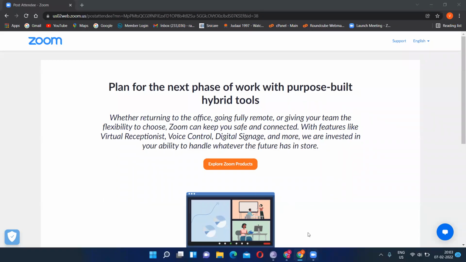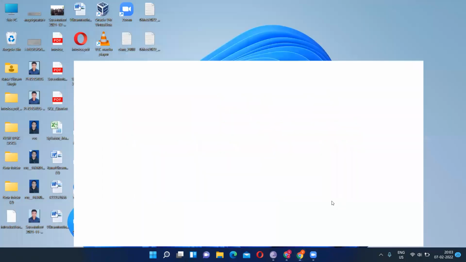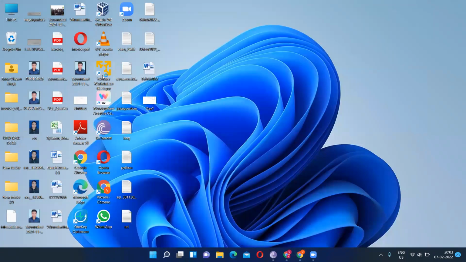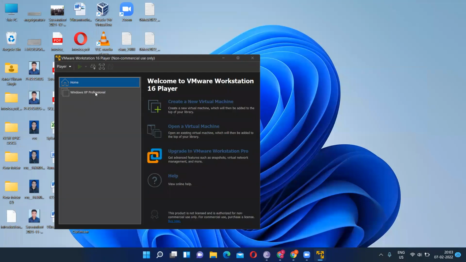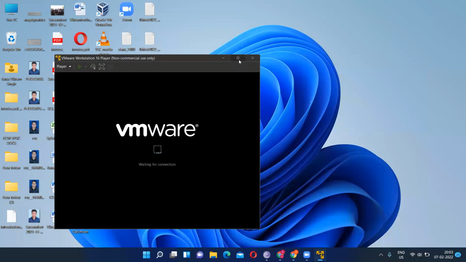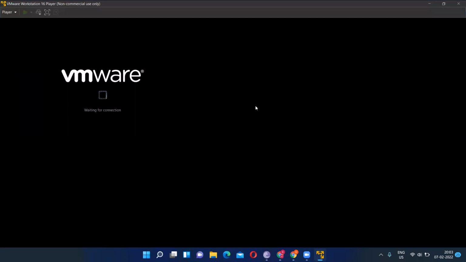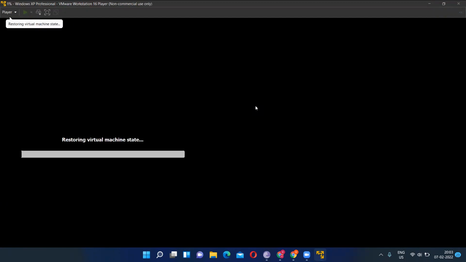Okay, fine, guys. So let us just see. This is VM Player Workstation. This software will be provided to you once you join our batch, and this is Windows XP. VMware software is used to access multiple operating systems, and this is one of the software that I tell everyone to use, and I will provide the same. I gave it to Ramkrishnan, and I think